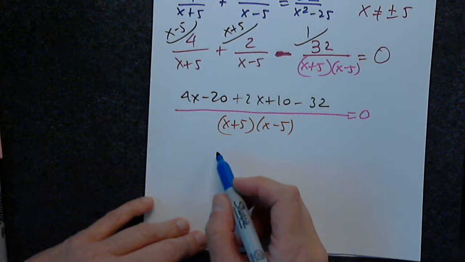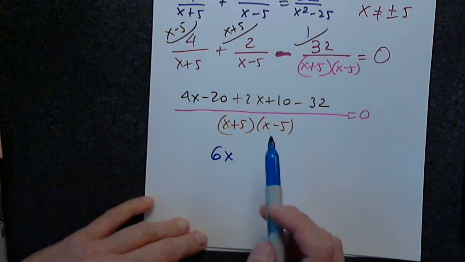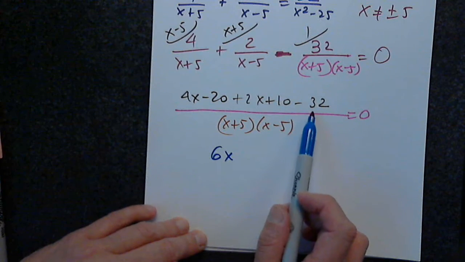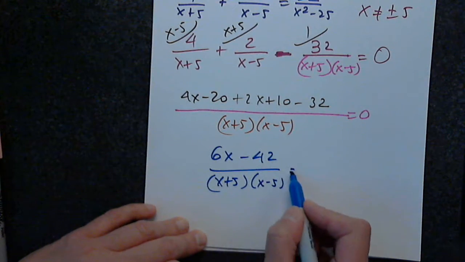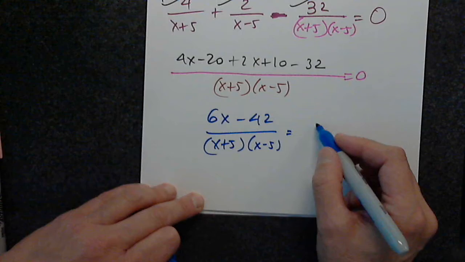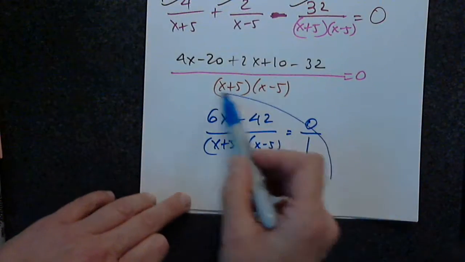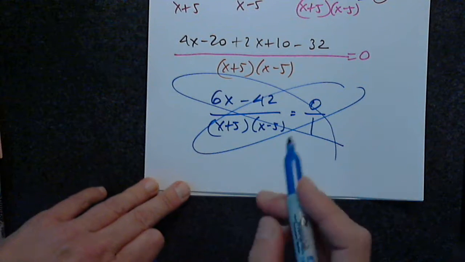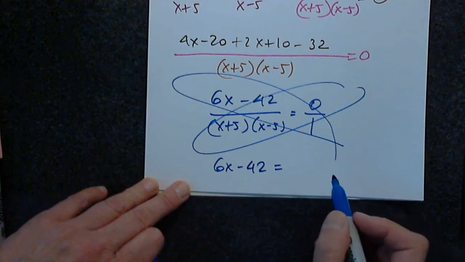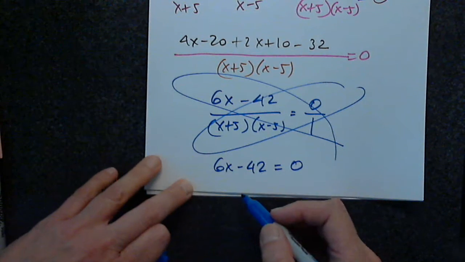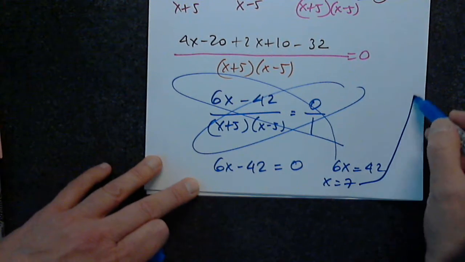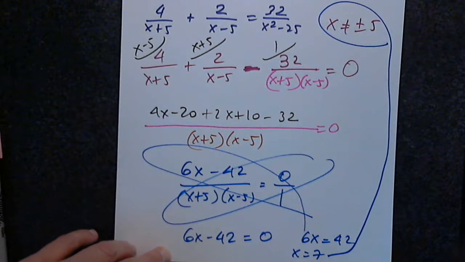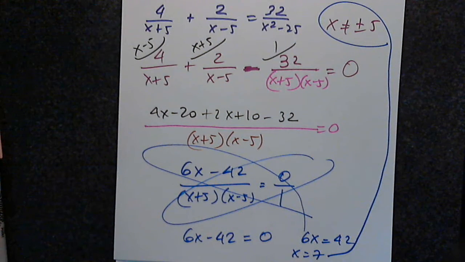Yes, yes, 6x. So this is negative 10 minus 32, so it's going to be minus 42 over x plus 5, x minus 5. And to remind myself of what this is, I will write, yes. And then I get 6x minus 42 equals 0. This is linear now. Yes, equals 42, so x equals 7. My only concern is right here. Is 7 among the restrictions? No. Since it's not among the restrictions, I will gladly say